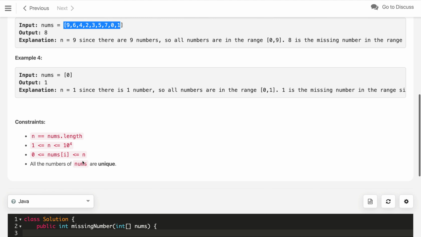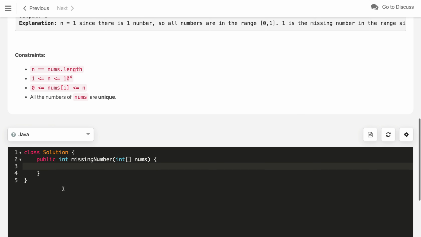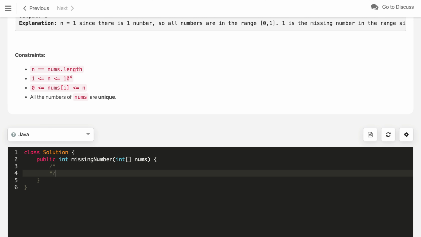So how will we solve this problem? We can solve this problem in multiple ways, like the first solution, a very naive approach, if you are not getting any other optimal solution.